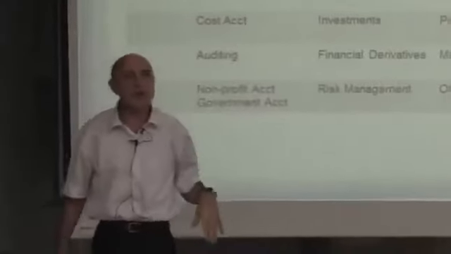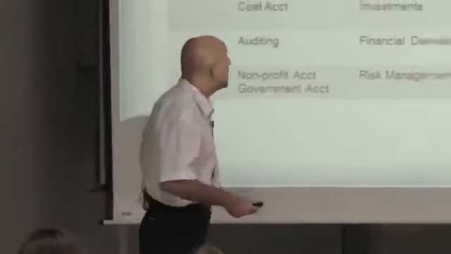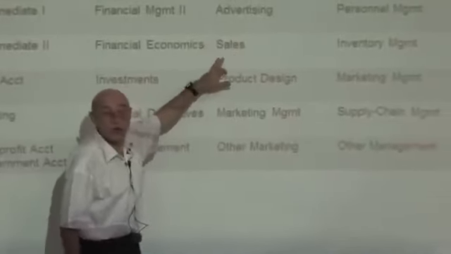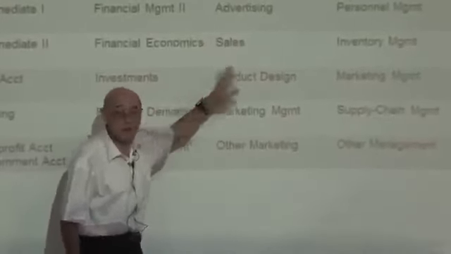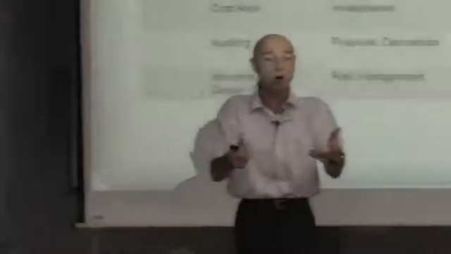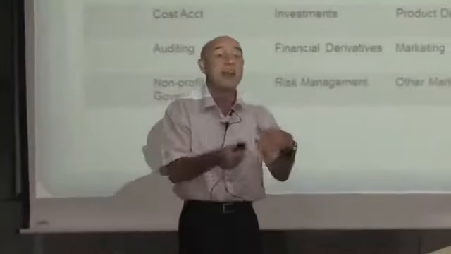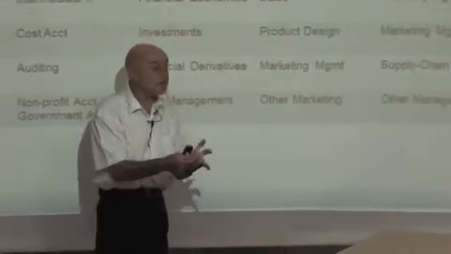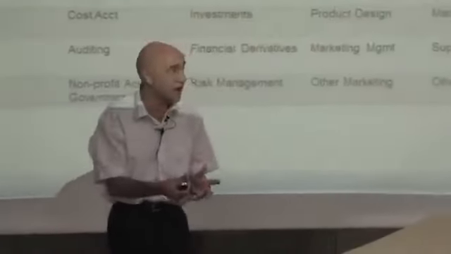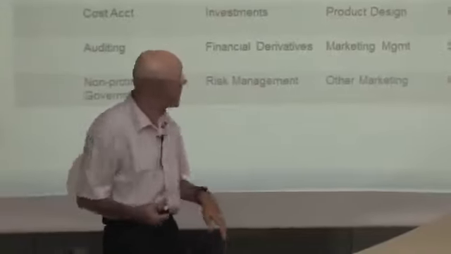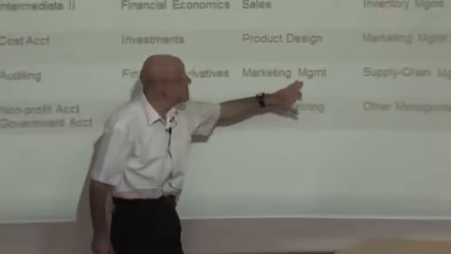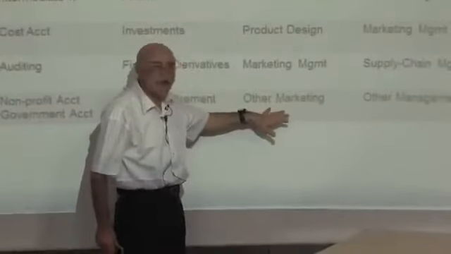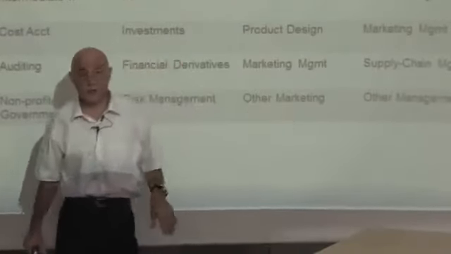With marketing, again, you may have many different courses. You can specialize in advertising. Take a separate course on advertising. You can get a separate course on sales, okay? A lot of people in marketing, they just do sales, like a car salesman or phone salesman or whatever you're selling, okay? You could do product design. How do we make it better? How do we make it more user-friendly? What do they like? You know, that's product design. And of course, marketing management, how you manage the marketing operations. And there could be a bunch of other marketing courses.